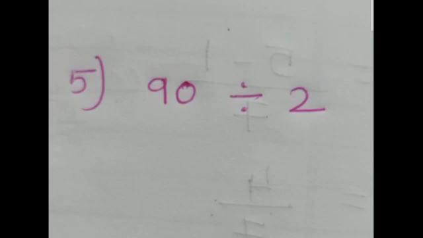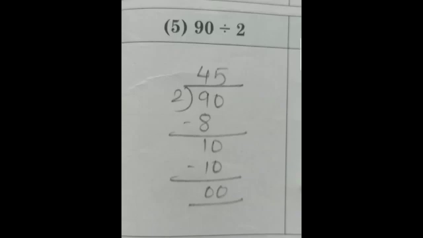Now let us do the division of this question. See how to solve this division. The dividend is 90 and the divisor is 2. The first number is 9, and 9 is greater than 2, so we will first do the division of a single digit and then take the second number. Is 9 coming in 2's table? No, but you have to find the other number, so it is 8. 2 fours are 8. So 9 minus 8, you will get the answer as 1.